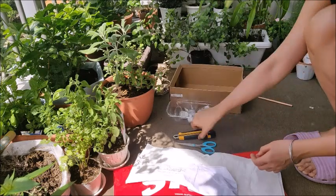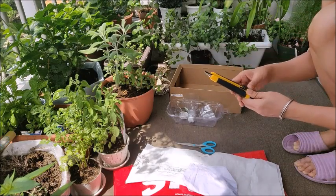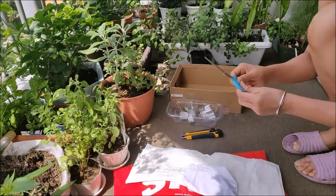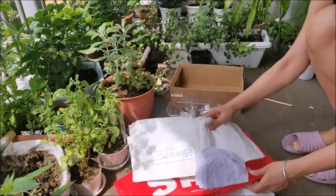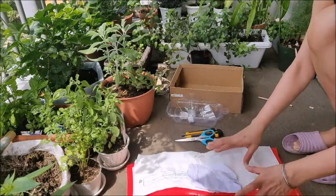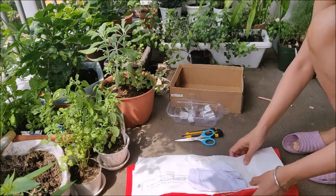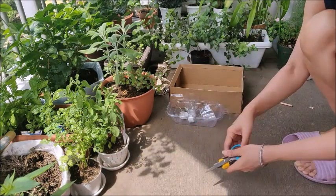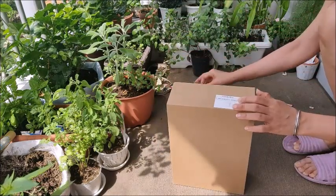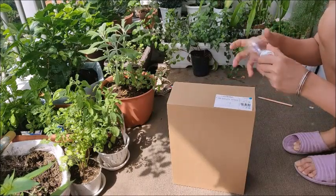Then you will need a cutter because we'll be having to open some holes in the cardboard box and in the lids. Then we need a pair of scissors and some big size plastic bags in which your box will easily fit. So let's start. So first what you do is you take this cardboard box and you take one of your